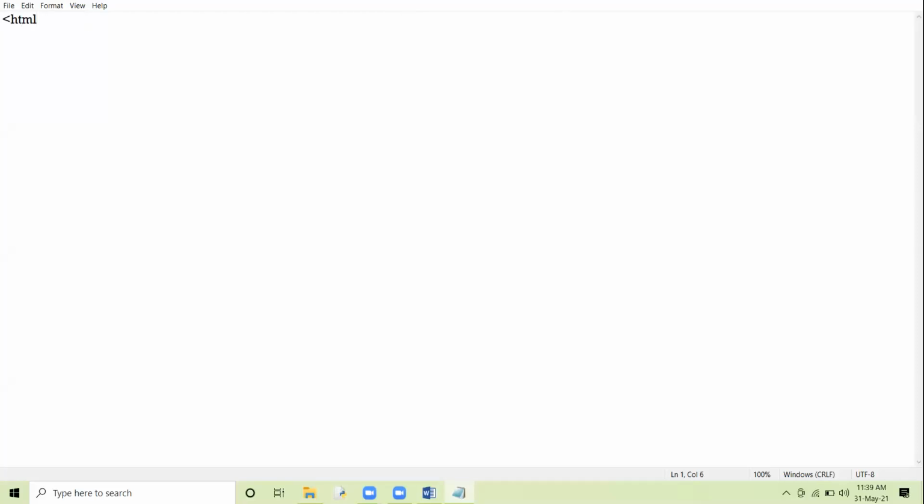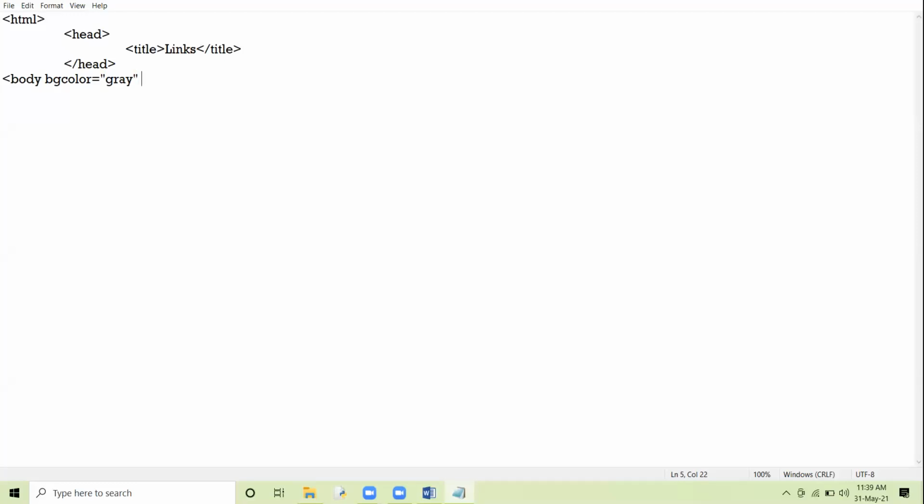Starting with the HTML tag, I'm giving the title links and I'm closing the title tag. Here I'm giving the body BG color as gray.